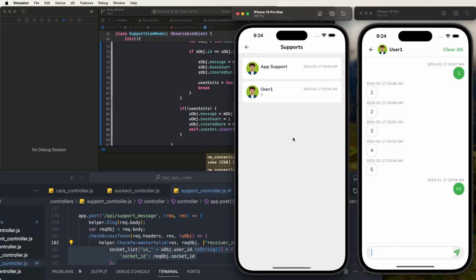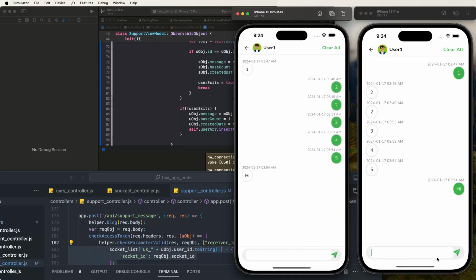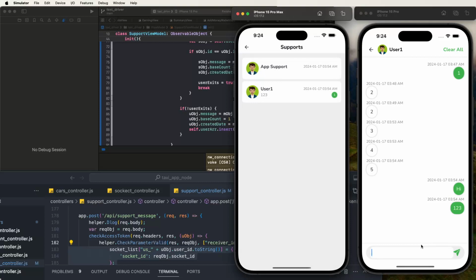Still not received here. Maybe check whether it is connected or not. The socket is connected, but